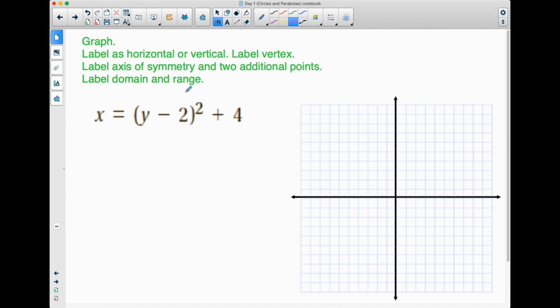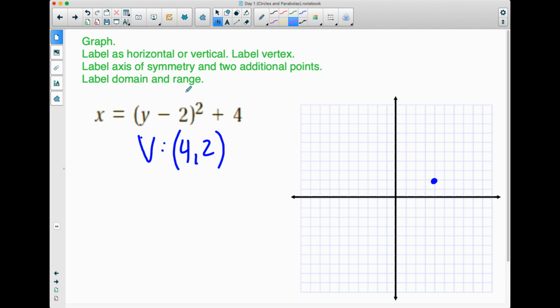Okay, so vertex. It's backwards now. Who thinks I got it? All right, so if we plot the point 4, 2,